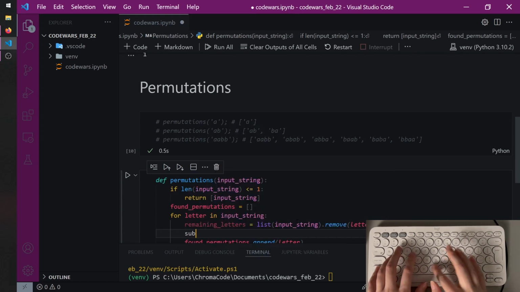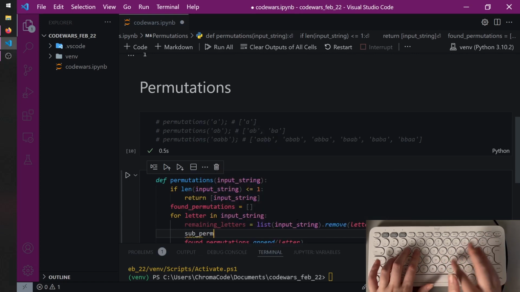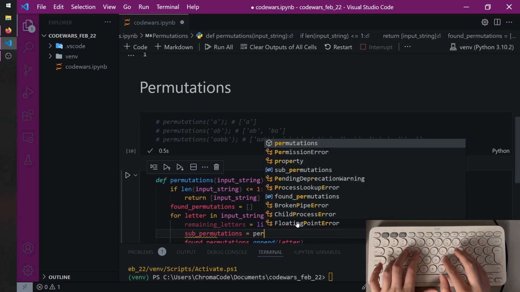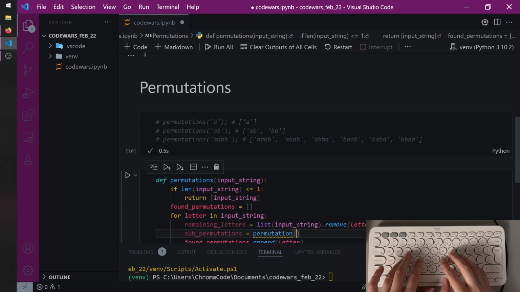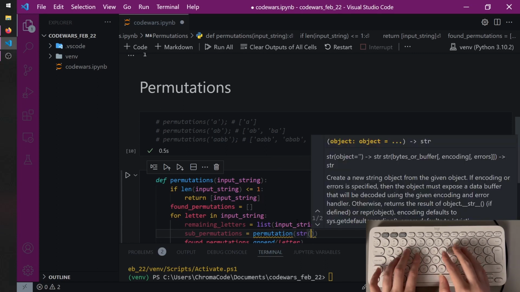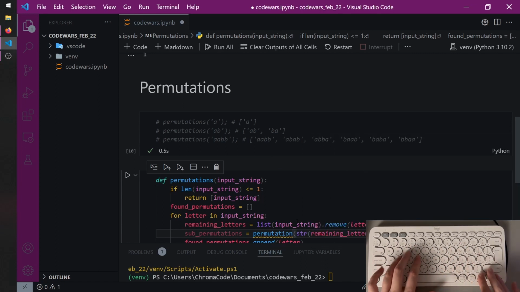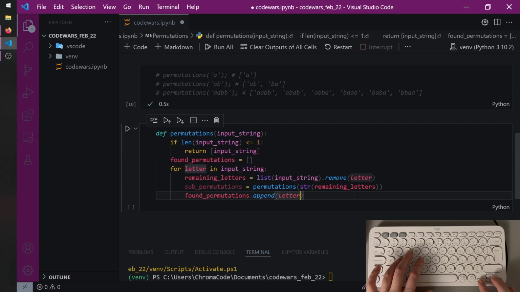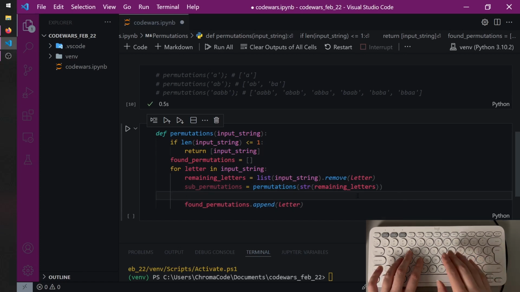And then we call permutations on these remaining letters. Oops, permutations. Scroll down a bit. And then we will make a string out of adding